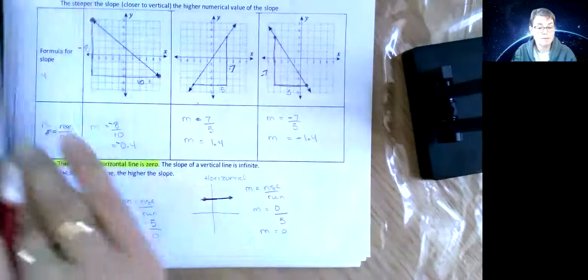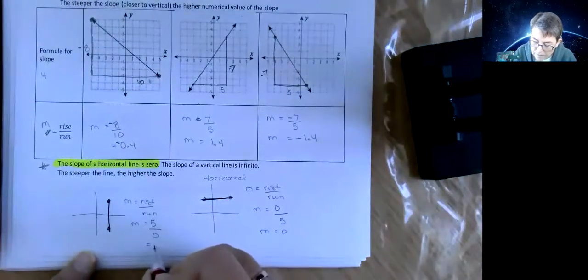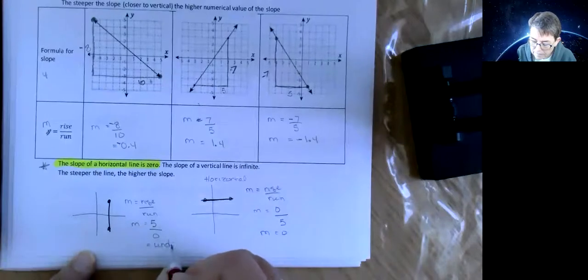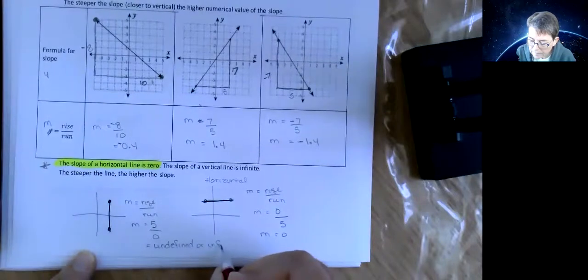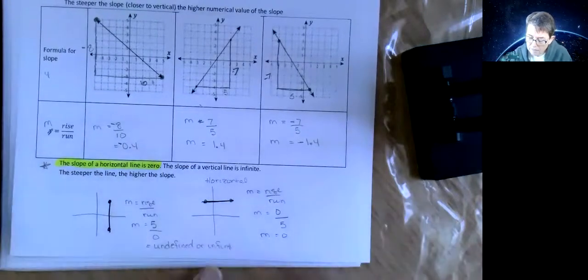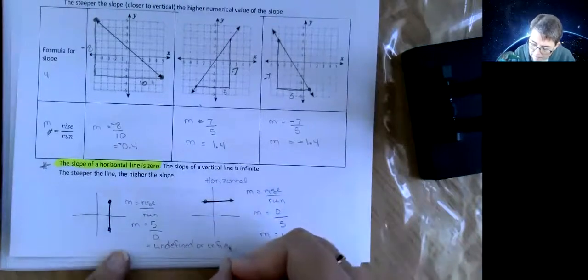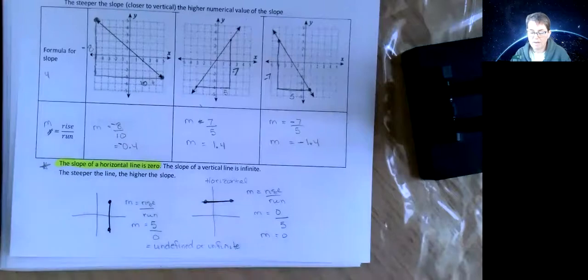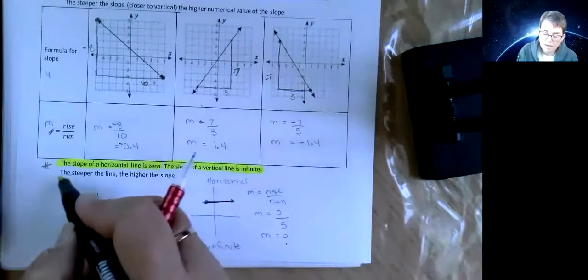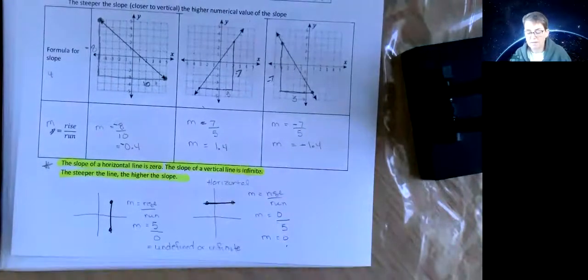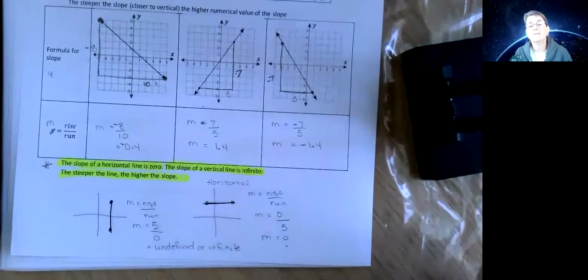In fact, it even tells me which one it is. Okay, so that's the math behind it. It's easier just to remember it or to remember the handy dandy slope tree. So those are the two tricky ones because they are a little hard to calculate, and just in general, the steeper the line, whether it's either going uphill or downhill, the bigger the number is going to be. So, ta-da, now you know what slope